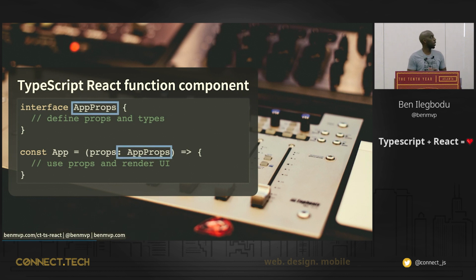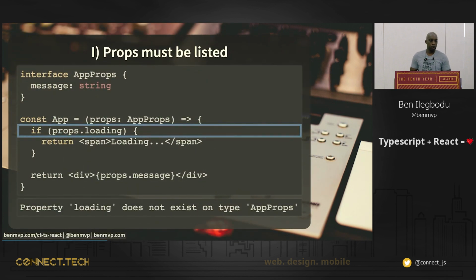So we start off with an interface here. That's usually how we define our props. An interface is basically how you define the shape of any object, and it becomes the type of the props that we pass in to a function, okay? So we can name this interface AppProps. We can name it anything we want. I usually call it Props, but in order to make it clear, I called it AppProps here. Okay, so let's jump in to benefit number one.